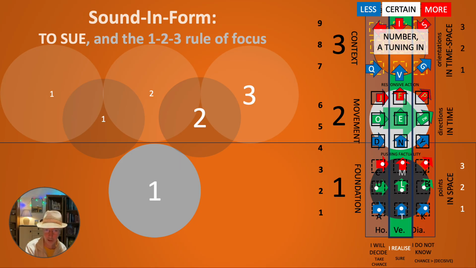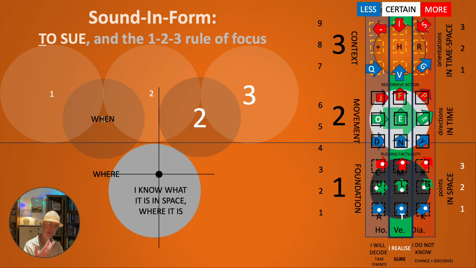And that's one of the ways that you can also understand better what all these 3 times 3 times 3 focuses are that are possible. But we start with the verb to sue, with T, and the T is the certainty that we know where it is, and you know what it is. And there you have that point, where at that black point, that dot, there is the 2.